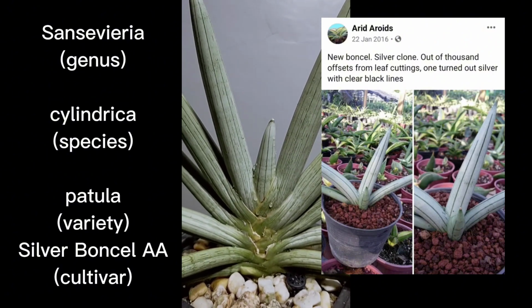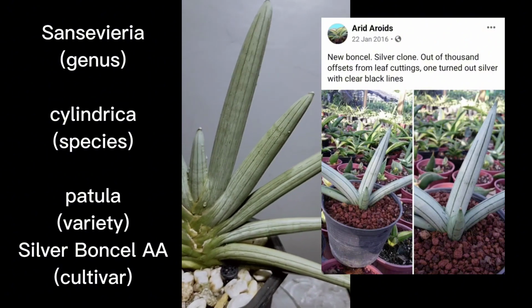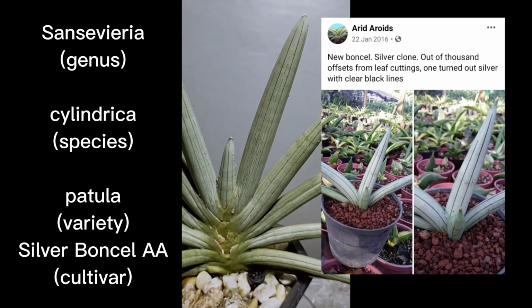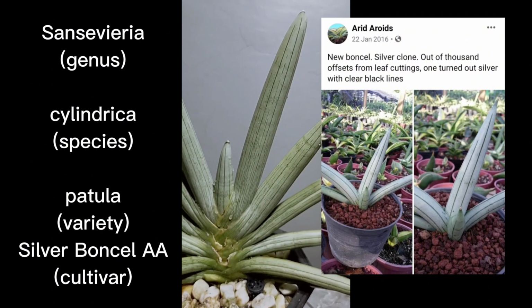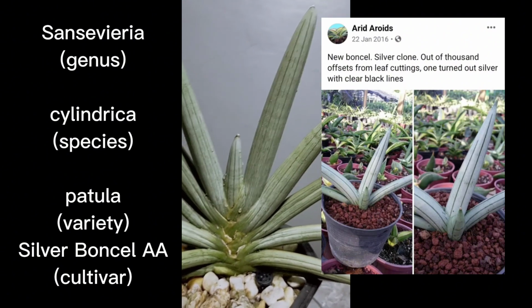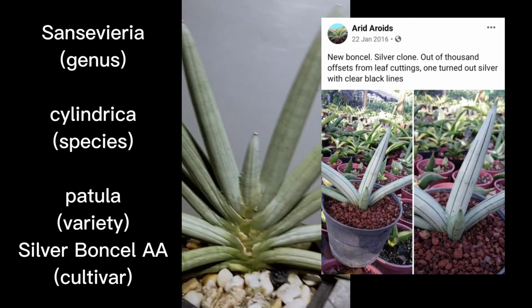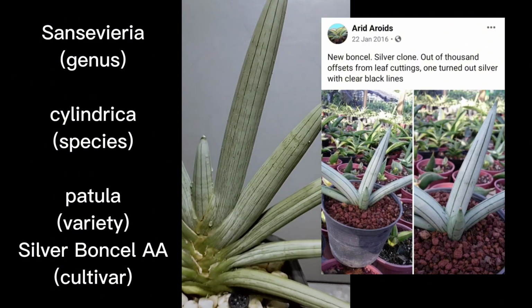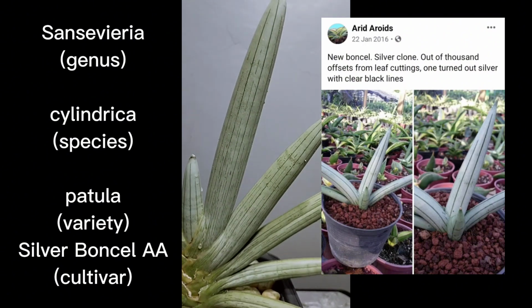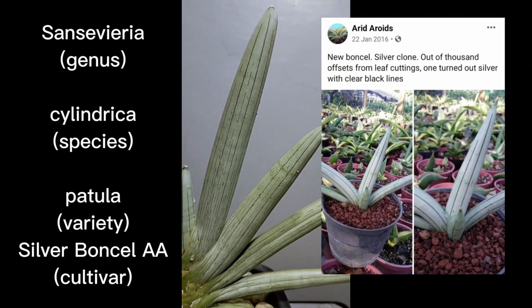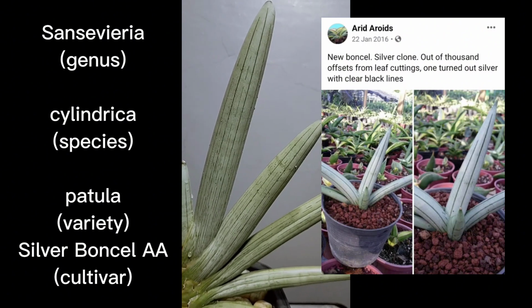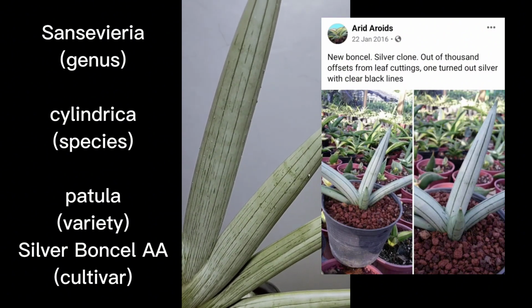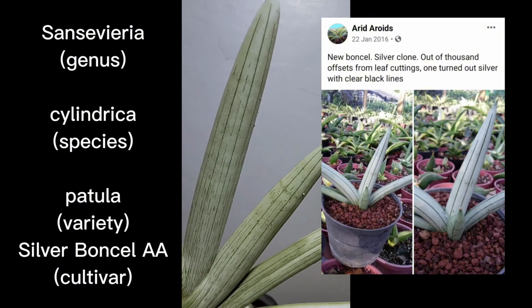I could say that it is a cultivar because there are several pieces of this being sold in the market right now, and they are stable when giving you offsets. They will look exactly as how the parents would look like. Now, to discuss before we move through other pale green clones of Boncels, this Boncel pale green clone is still